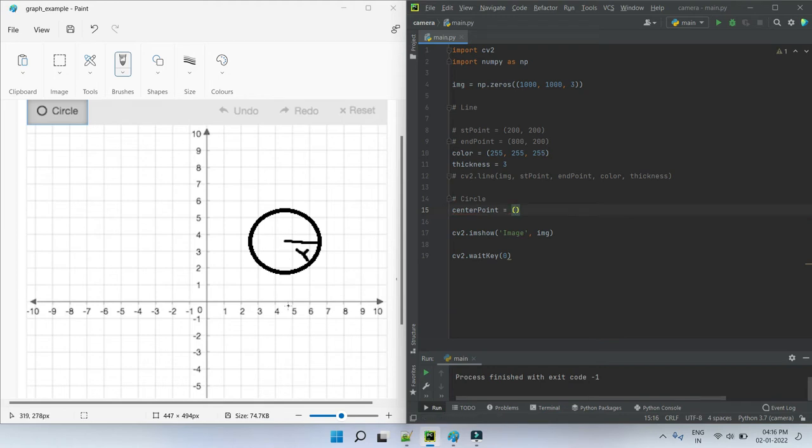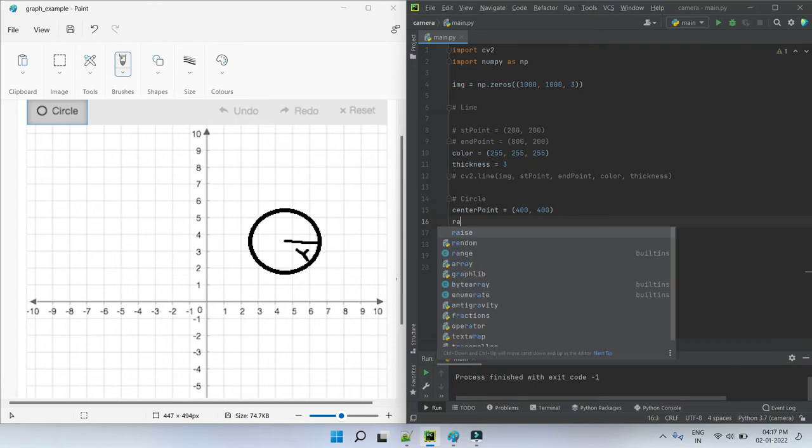What is the center point? 400 comma 400 is the center point. I'm not getting the accurate value, just one point I'm taking. Actually it's 450 that is coming, so I'm taking the 400. Okay, then a radius,